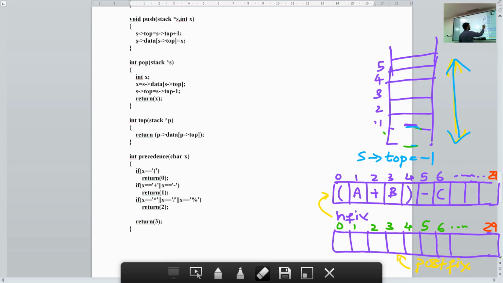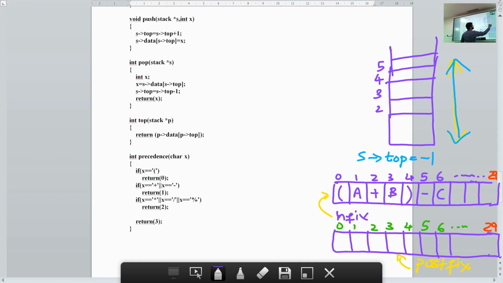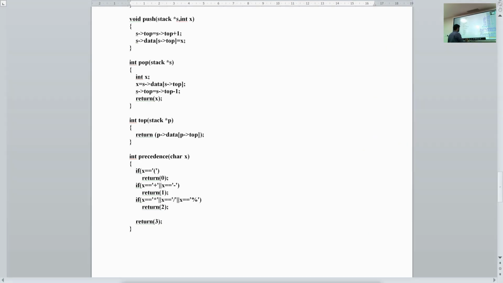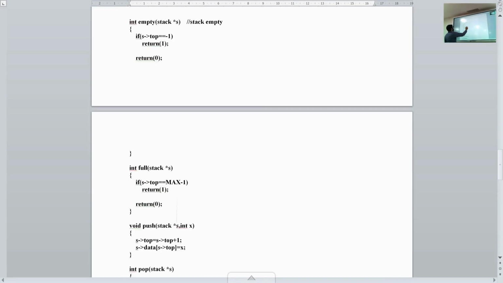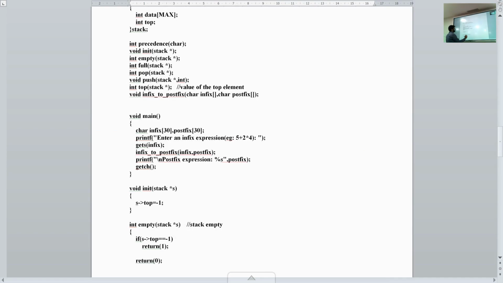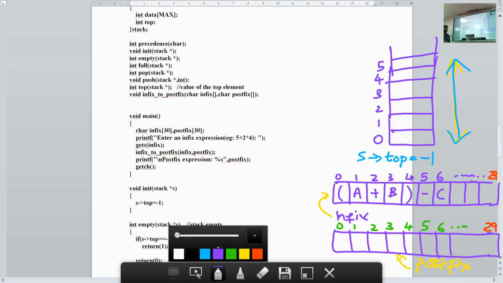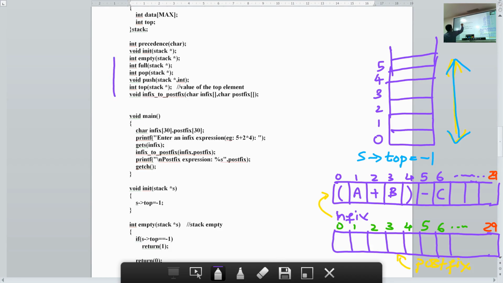Let me draw the stack properly. Just look at your main function here before we proceed. I hope you have understood all these functions.